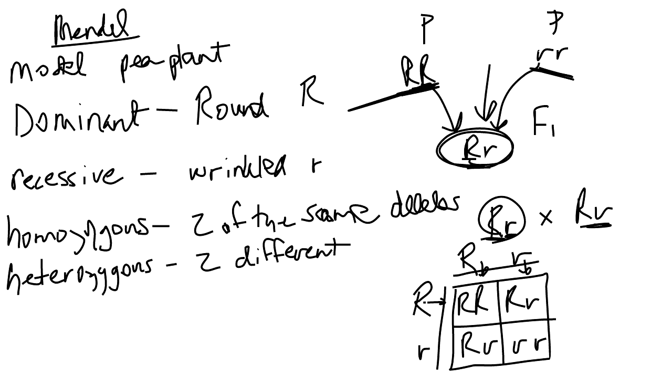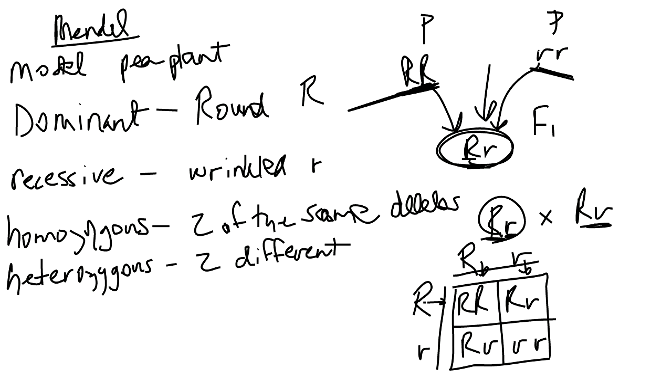Okay, so that doesn't mean that they'll exactly have 4 offspring and they'll exactly be this genotype. That means probability-wise, this is the likelihood, right? This is the potential genotypes they can have, and here's the likely probability. Just like if I flip a coin, I have 50% chance I'm going to get heads, 50% chance I'm going to get tails, but I have 2 possibilities, heads or tails.